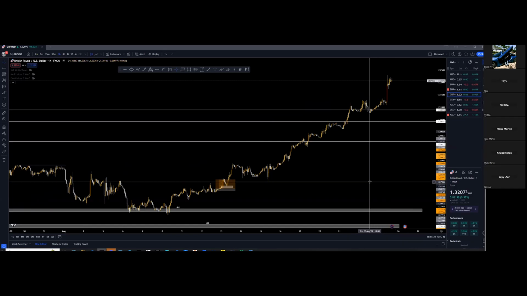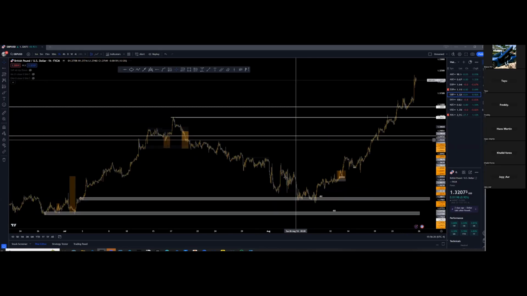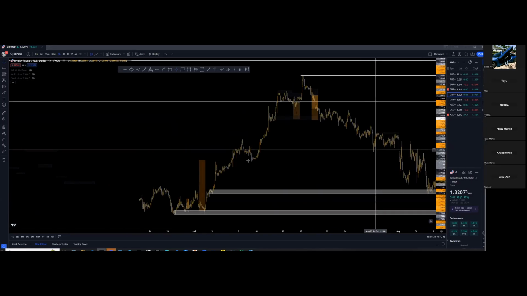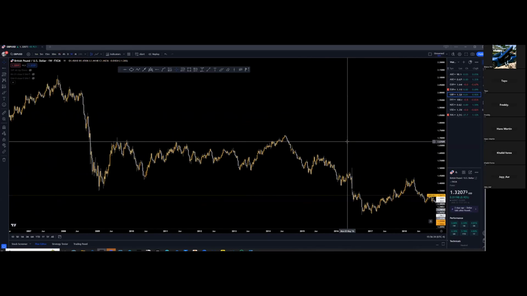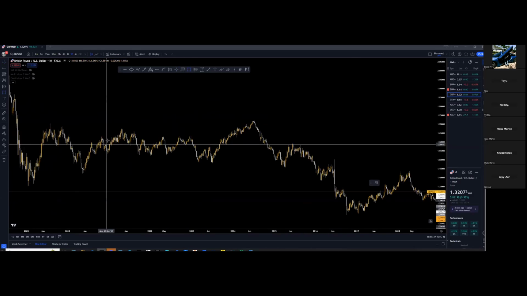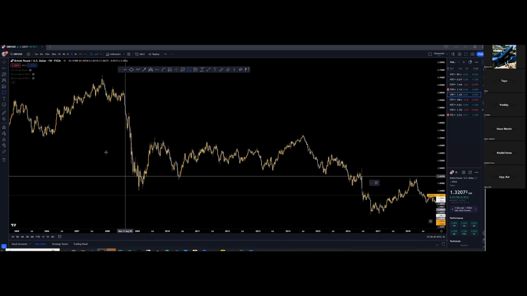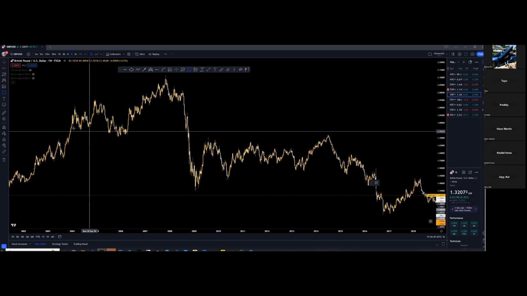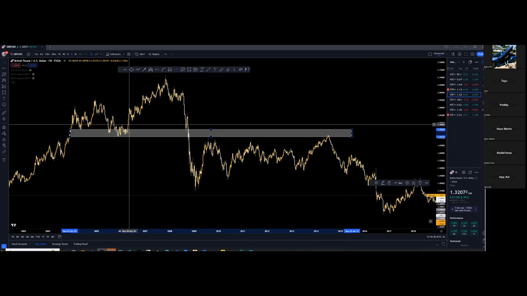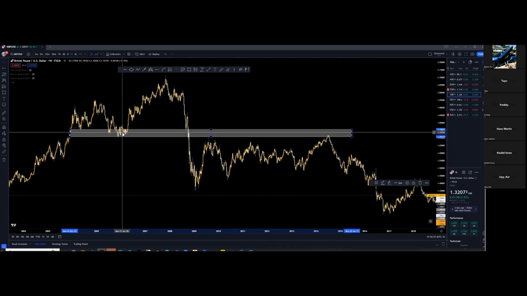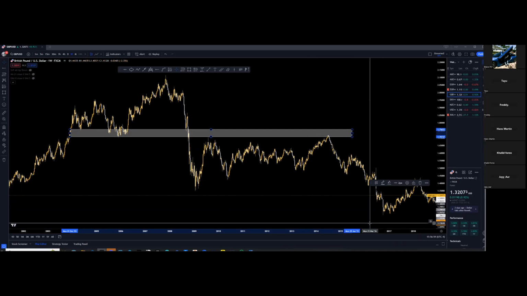Number one misconception about demand and supply is that people think when you're trying to identify demand and supply zones, you have to identify an area where there were multiple rejections in the market. That's where your demand or supply zone is at. They'll say this area right here is looking like a good demand zone or supply zone. They'll say this one is demand because it bounced here and went up, and then it rejected here and went down. So they'll say, oh, this is a good demand zone, this is a good supply zone. But